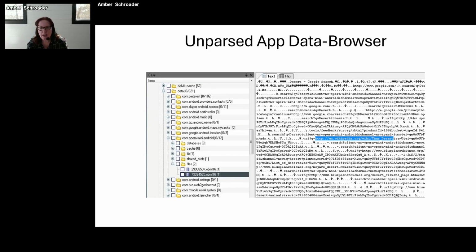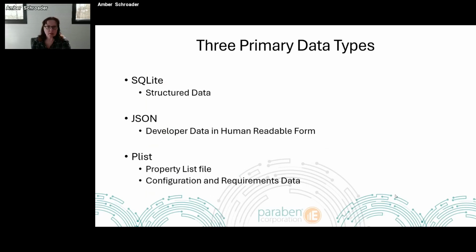But this example shows you that you can still get the same data that you might need out of it, such as this browser information. So I can see the URLs associated with their browser history, and I just have to manually look for that information. This is why most of your forensic tools in their analytic portion have things like full text indexing. So when I search for this information, whether it's parsed or unparsed, I'm still going to get hits on that particular data.